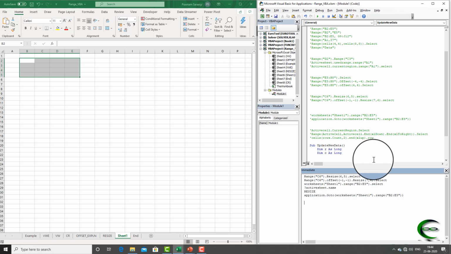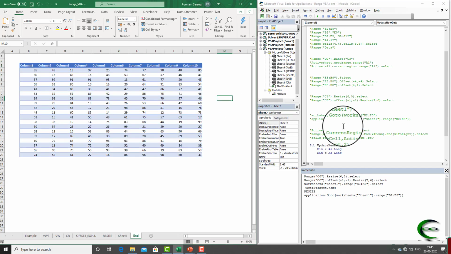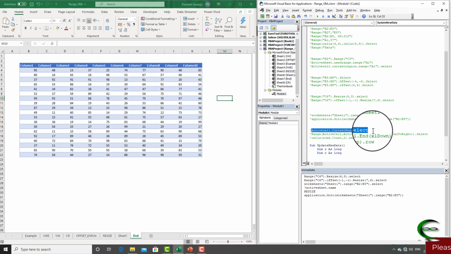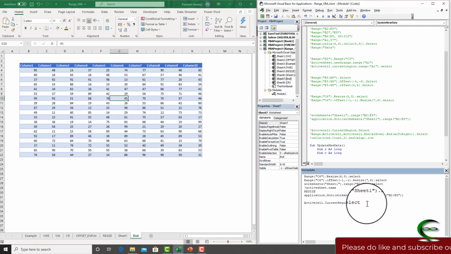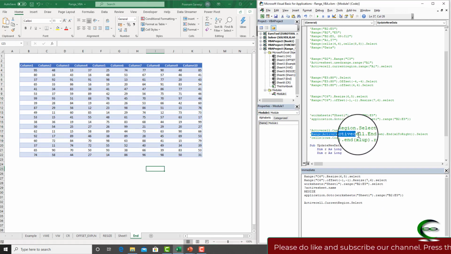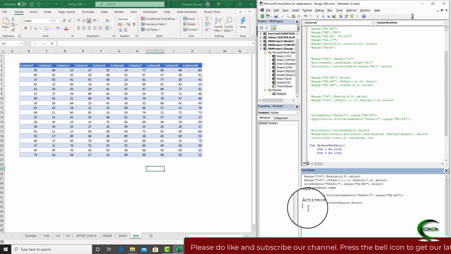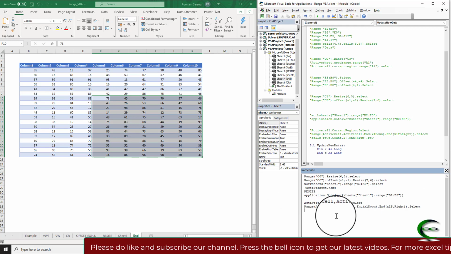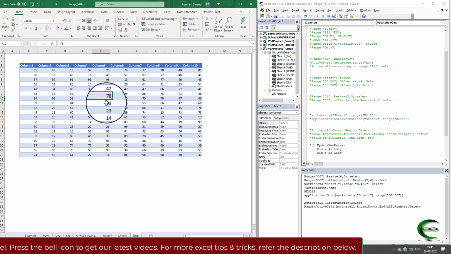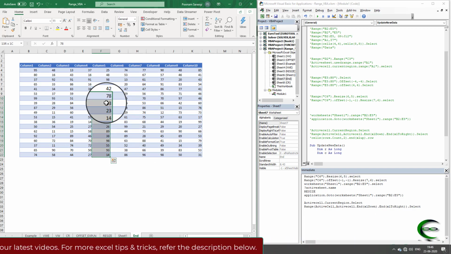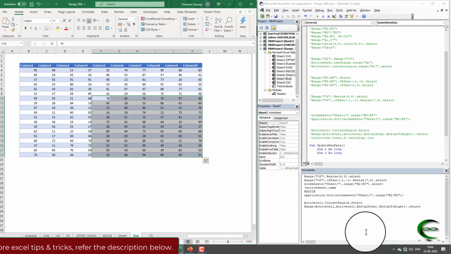Another method is the End method. Like in a worksheet you use Control Shift and arrow, in VBA code you can use xlDown, xlToRight, xlToLeft, xlUp. So I have created this table. If I use ActiveCell.CurrentRegion.Select, if I am in this range, Excel will select the complete range for me. Again Range, ActiveCell, we can select the complete range like this also. Here what I have done with ActiveCell is pressing xlDown, Control Shift and down arrow, then Control Shift and right arrow with this code.